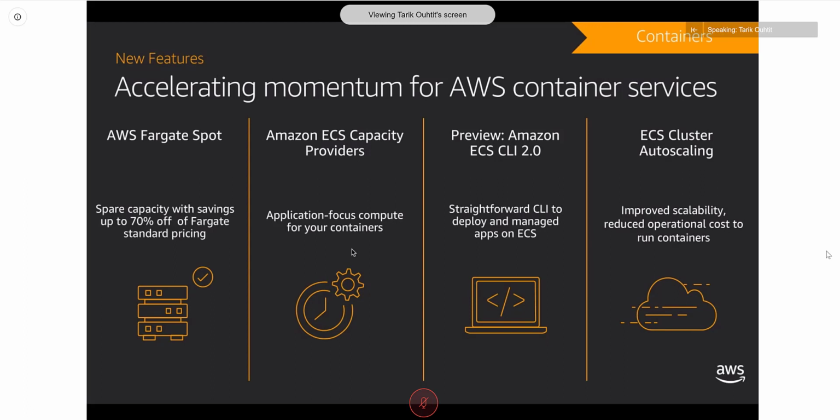So next up, I want to spend some time talking about our AWS Container Services. This is an area that saw a lot of announcements at re:Invent. And there's a lot to take in here. So I wanted to spend a bit of time taking you through my favorite announcements here and actually trying to show you hands-on what they mean for you as a customer.